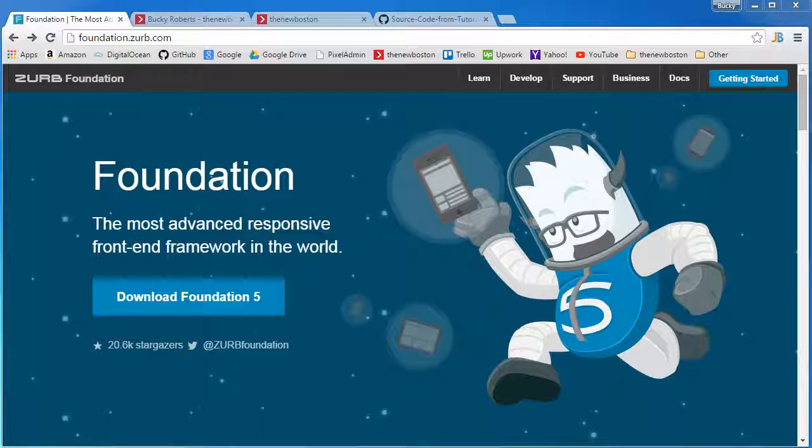Now, before we actually get into working with Foundation and making any cool websites, I want to explain to people just starting out with responsive web design exactly what Foundation is. So if you go to the site and you start reading about it, it's like, okay, the most advanced responsive front-end framework. Alright, well, if you guys don't even know what a responsive website is, then we probably should understand